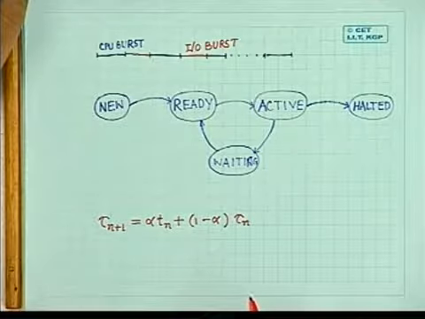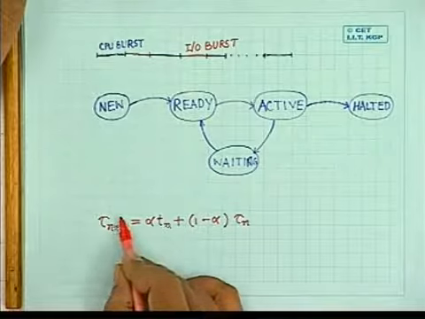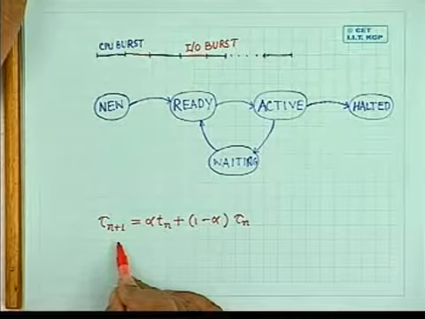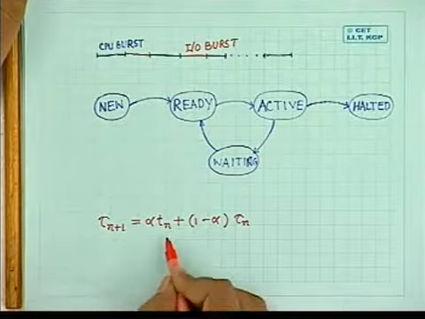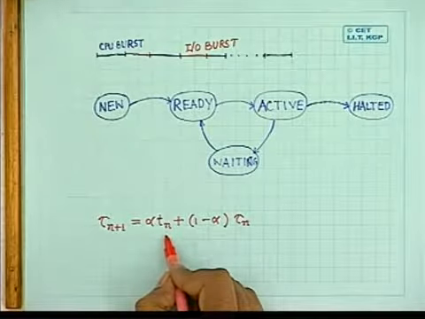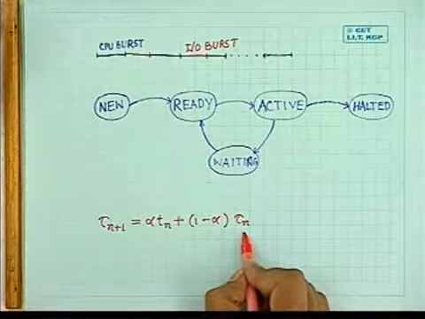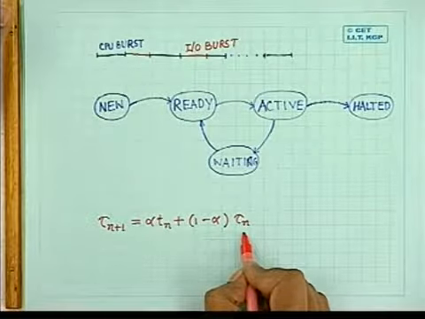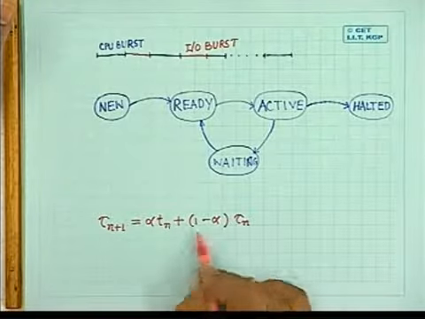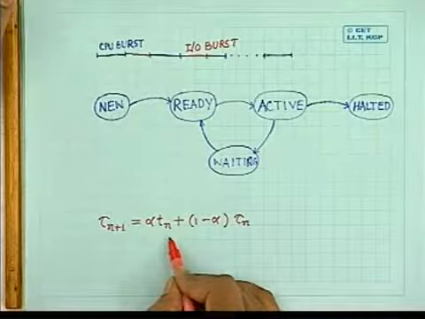So find that for prediction of that next CPU burst time, that is tau n plus 1, we are making use of the actual nth CPU burst time, that is the previous CPU burst time, and the predicted nth CPU burst time. And we are taking a weighted sum of these two,